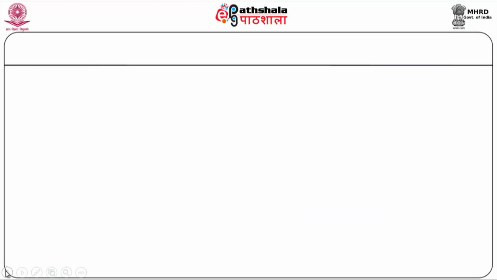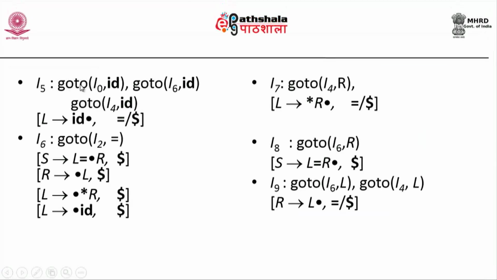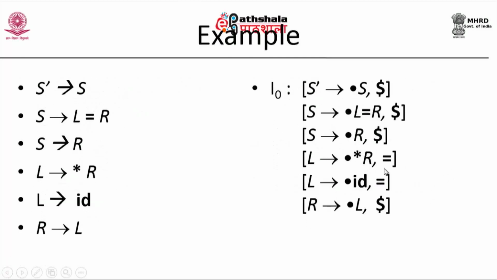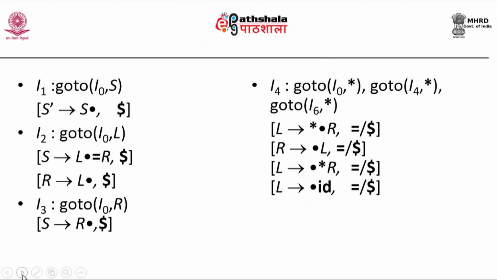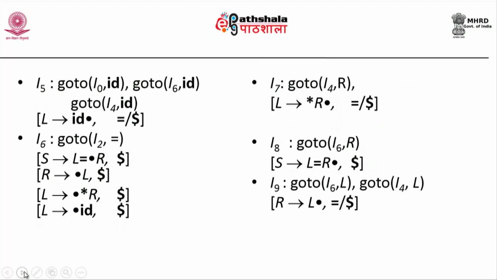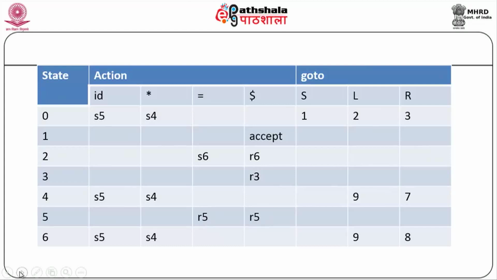Okay, similarly, if you look at it here, L produces ID, of course, in I5 there is a problem. L produces ID dot, and I have equal to slash dollar. Equal to is because of the first, I naught, and dollar is because of here, I4 results in equal to comma dollar. So again this is going to be dollar, I6 comma ID is also dollar, so I have merged them. So, look at S5 here. In S5, I have a reduce action here, R5 comma R5. So, this is where I have basically merged.